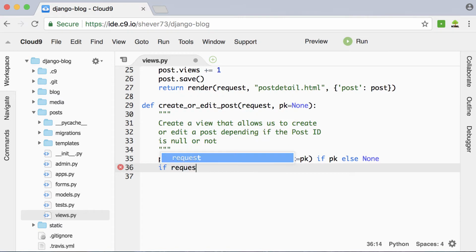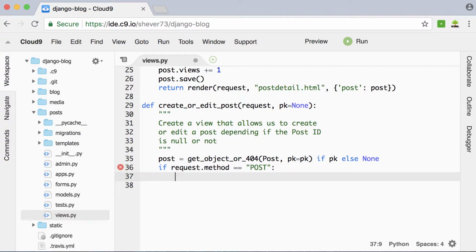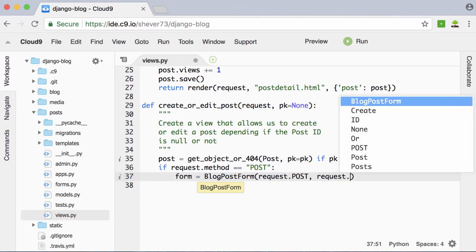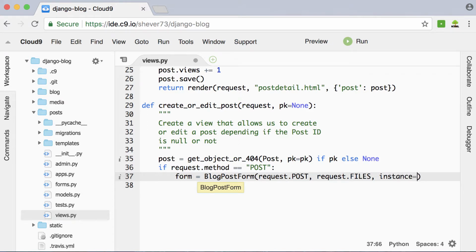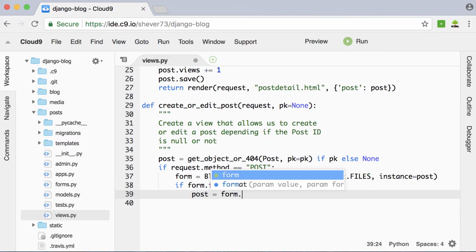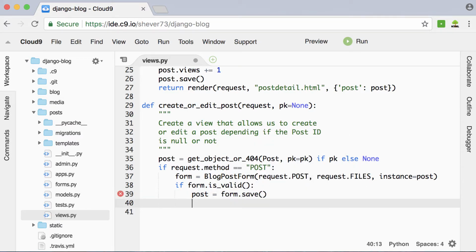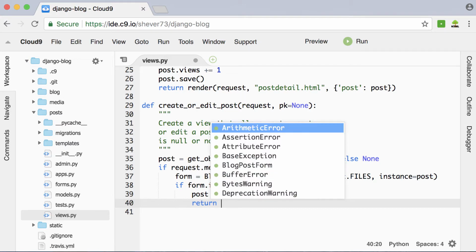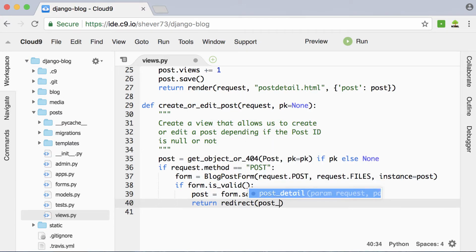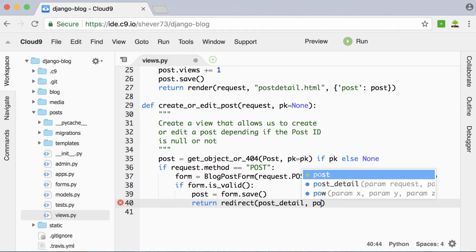And if our request method is POST, so if this is as a result of posting the form, then we want to render our blog post form. And if the form is valid, so if it passes everything, then we save it. And eventually we redirect back to our post detail